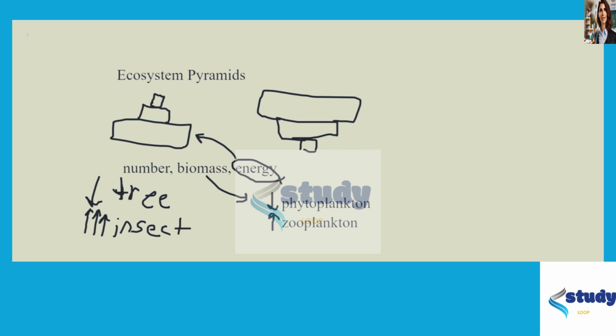And the reason is that zooplankton eat phytoplankton at such a rapid rate that the biomass of phytoplankton always stays low. However, the energy ecosystem pyramid still is upright because phytoplankton are able to divide so quickly that even though their biomass stays relatively small, their populations stay relatively stable and are able to produce enough energy for all the zooplankton and allow for the biomass of zooplankton to be higher than the biomass of